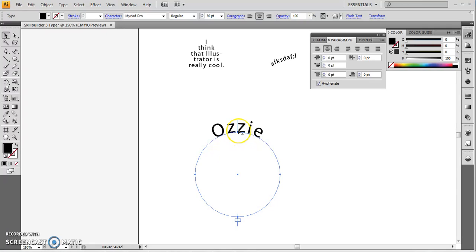Something else you can do with this is you can click and you can drag. You can see that it's brought it to the inside of my path, so inside of my circle this time. Then I can just move it around. Maybe I want it down here so I can see it. So that's an easy way to flip it to the inside. Then something else that you'll want